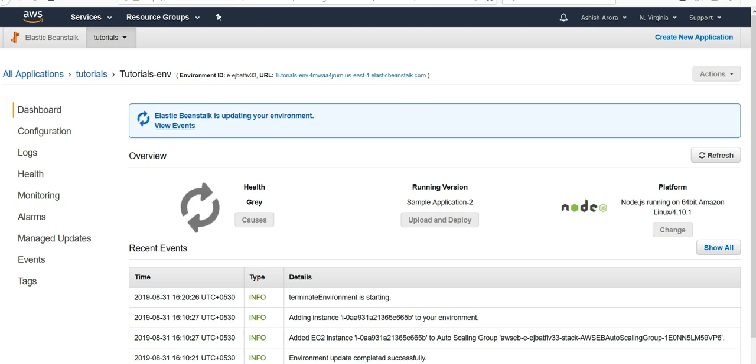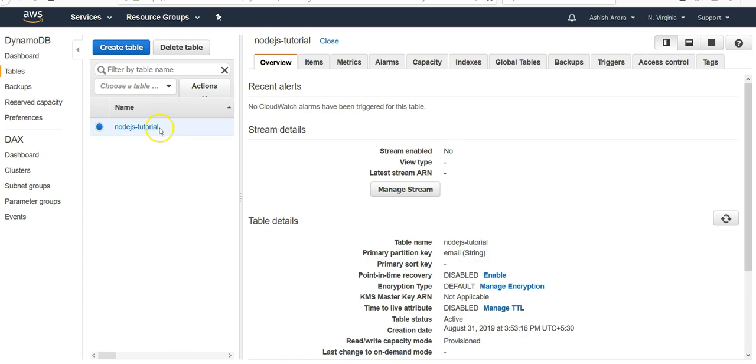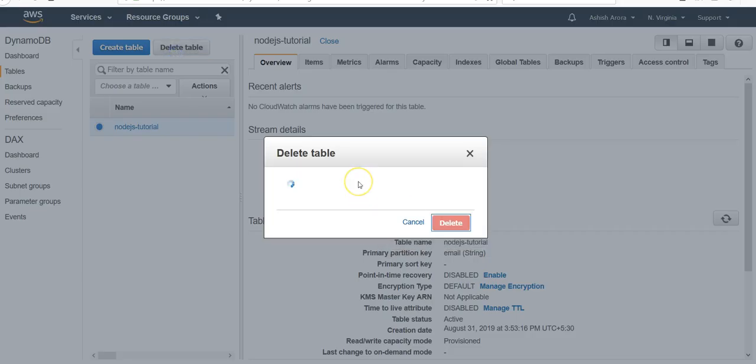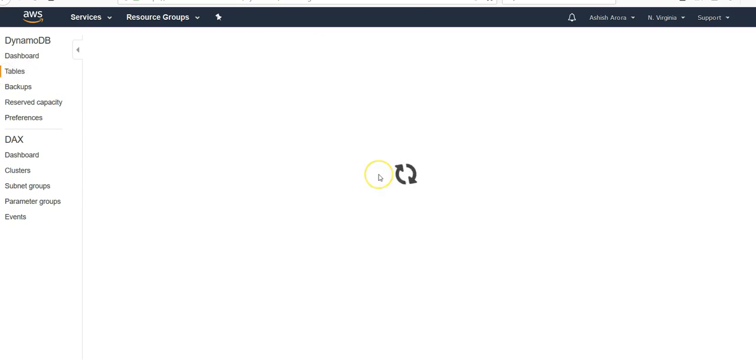After that, we have to open the tables page in DynamoDB, choose action, choose delete. We have to delete the table as well. DynamoDB, delete table, delete. Okay, it is also getting deleted. And if I go here,